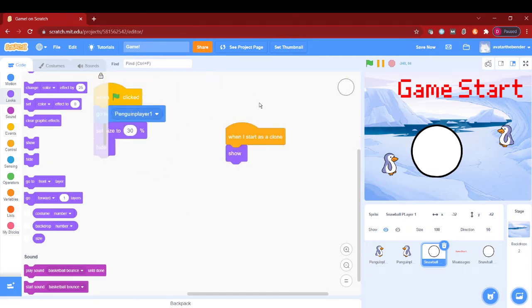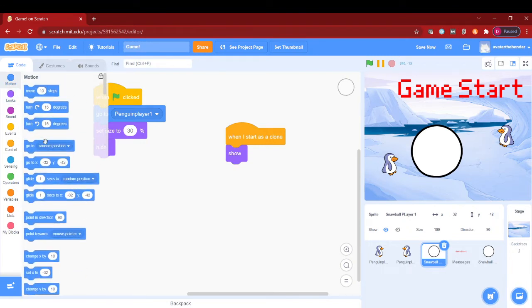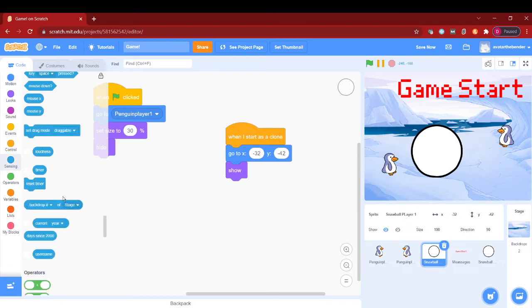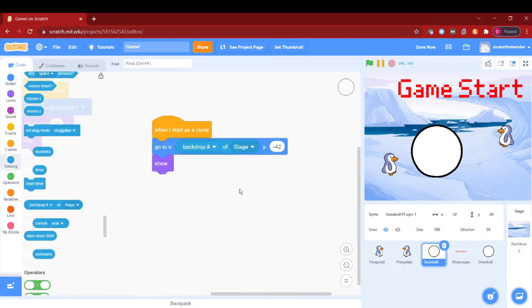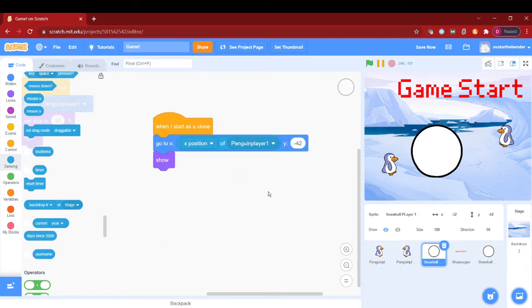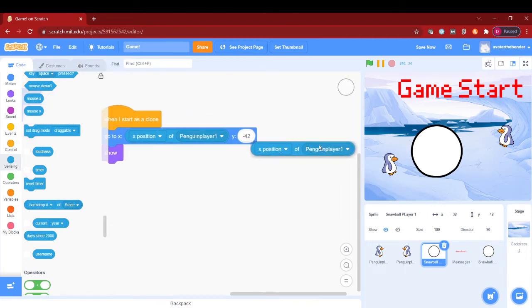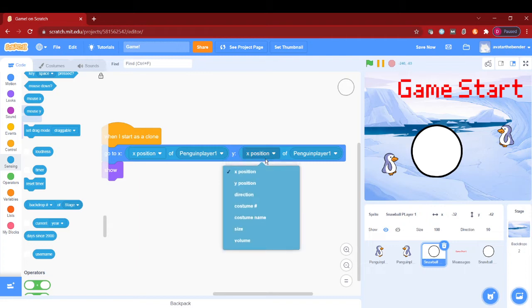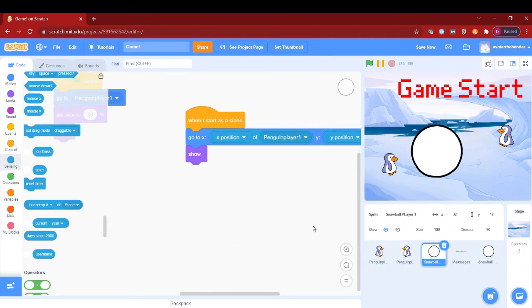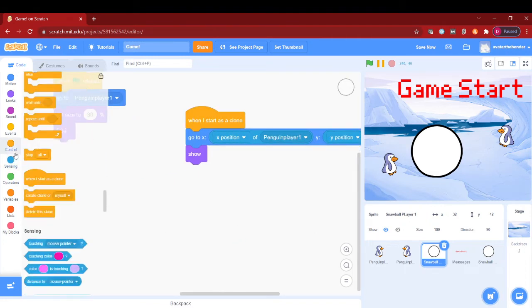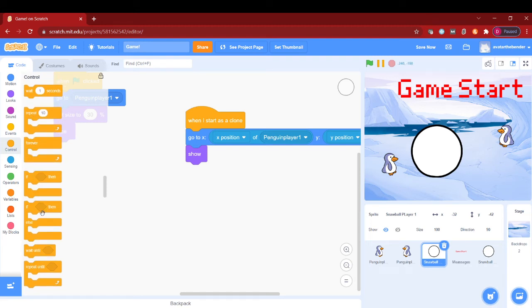So when I start as a clone, I will first show, then I will go to X position of Penguin Player 1 and the Y position of Penguin Player 1. Next I will show, then repeat until